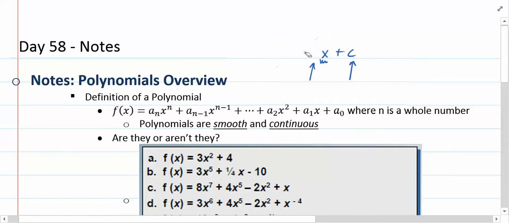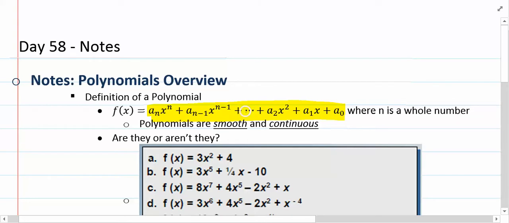If we take a mathematical approach to the definition of a polynomial, it'll look very similar. The description or definition of a polynomial will follow this pattern. And if this is the first time you've seen this subscript notation, it might be a bit confusing at first. We would say that a sub n, or a subscript n, times x to the nth power, plus a sub n minus 1, or a subscript n minus 1, times x to the n minus 1 power, plus